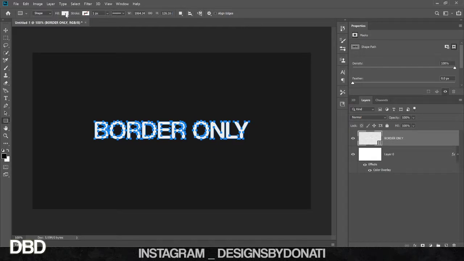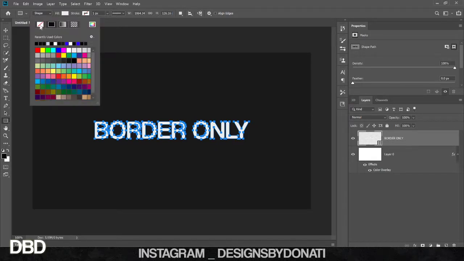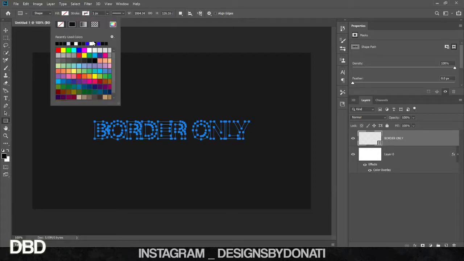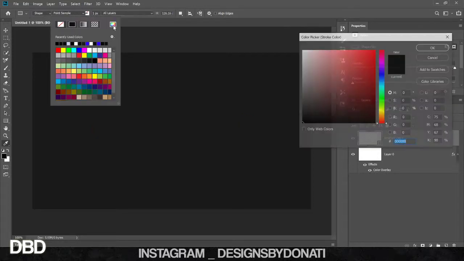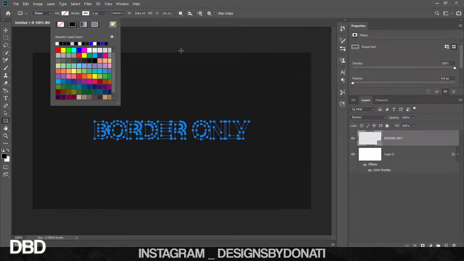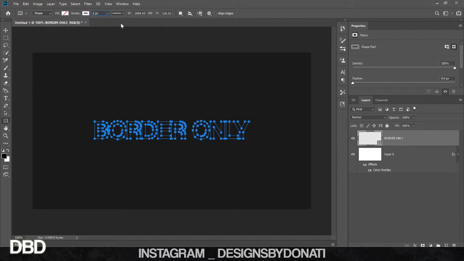And then you go up here and click on this fill. You're going to hit this box with the red line through it. That means it is transparent, so you'll see how the color disappears. And then you'll hit this stroke box, and you're going to want to select here and choose whatever color you want. Hit OK. And then right next to it where it says 1px,